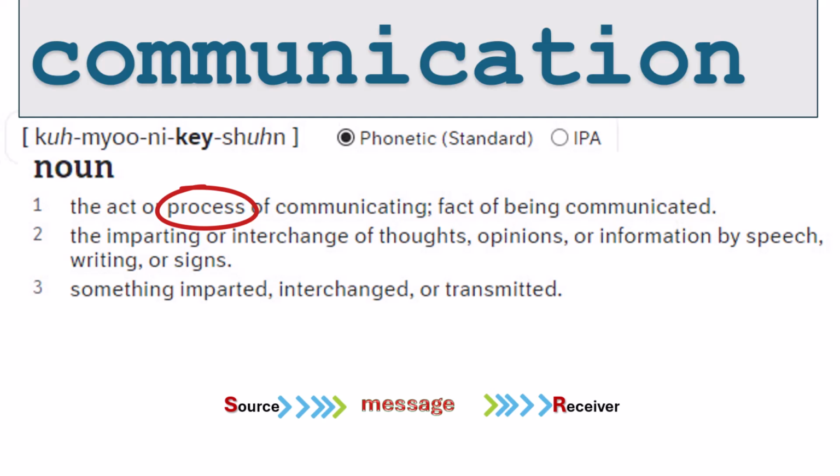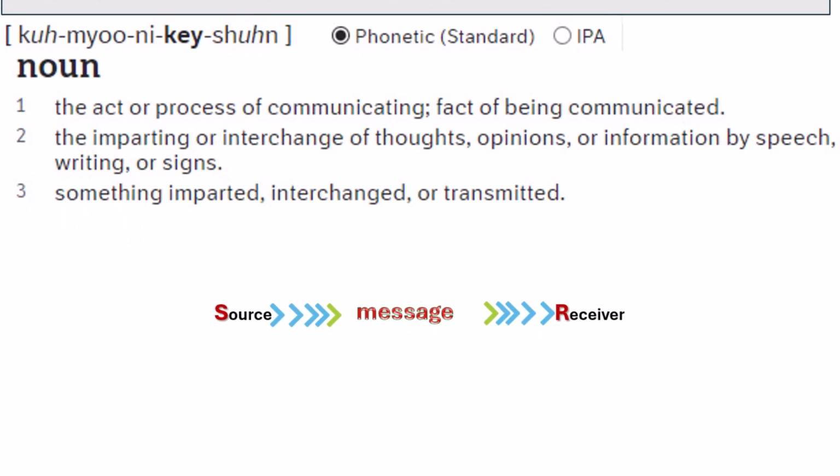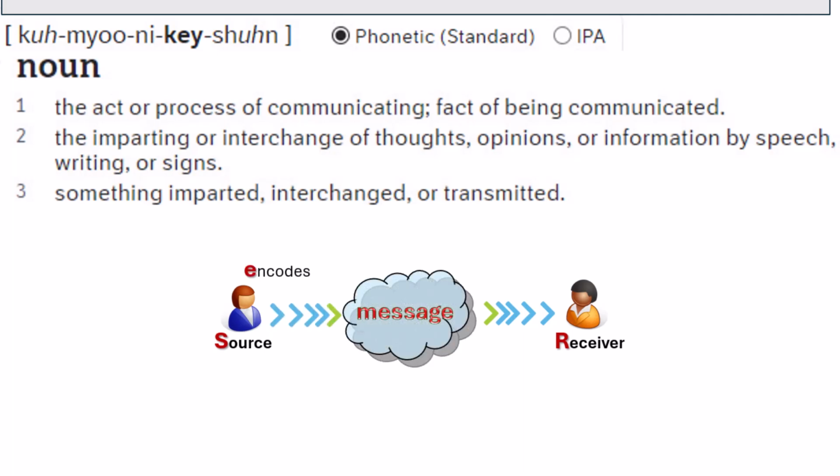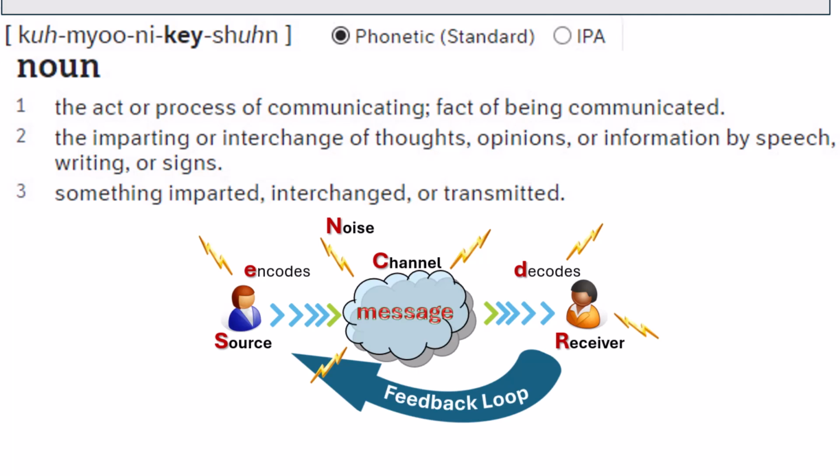from a source to a receiver, like this very basic communication model showing that a sender or a source encodes a message so it can be sent through a channel, originally called a transmitter, so that it can be decoded by a receiver, with noise potentially interfering at any point with accurate transmission or reception of that message. Oh, and let's not forget the feedback loop that turns this linear model into an interactive model, addressing the interchange